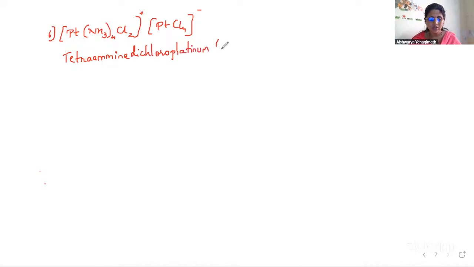The charge on this is 4. And then we have tetrachloroplatinate. See, this is the best example to understand. First, positive ion, we write it as platinum only. Negative ion, we write it as platinate. Fine. Then another example,